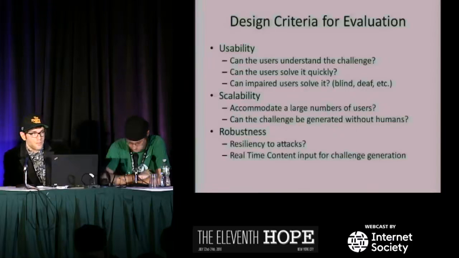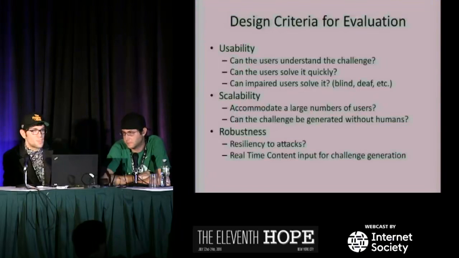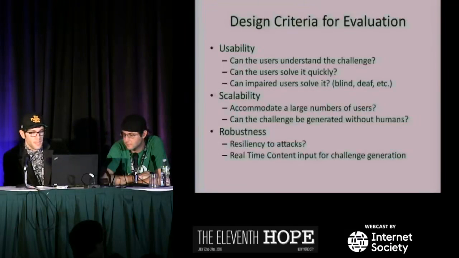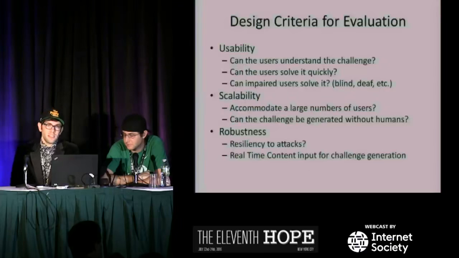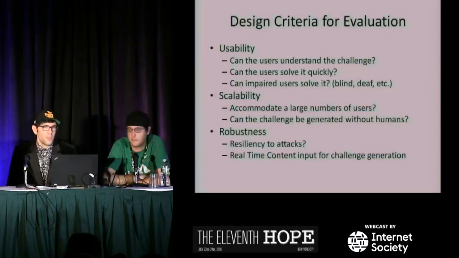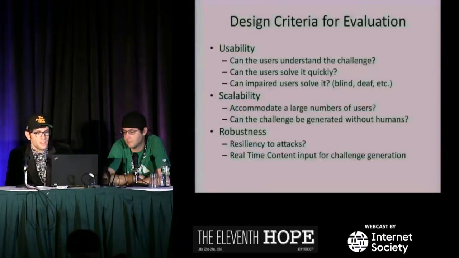The general rule of thumb is a CAPTCHA should take no longer than 15 to 30 seconds to solve. Any longer than that, and you're starting to negatively impact the user experience, and generally the user will begin to become frustrated. They won't perform the task. They'll neglect whatever it is that you put behind the CAPTCHA. And then, of course, we have to consider our impaired users, right? So scalability is actually, in my opinion, the second most important criteria. How well does your challenge scale? That means, can you accommodate a large number of users?